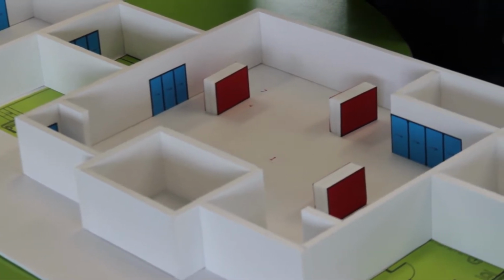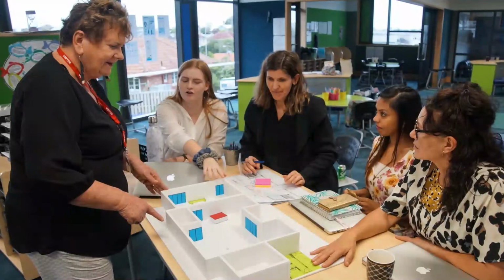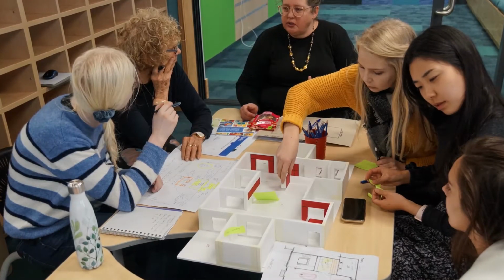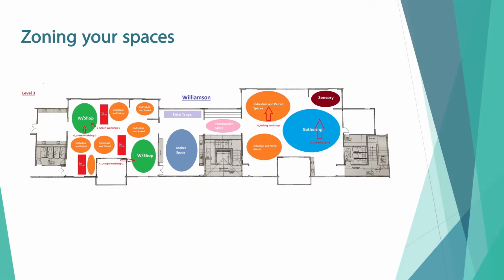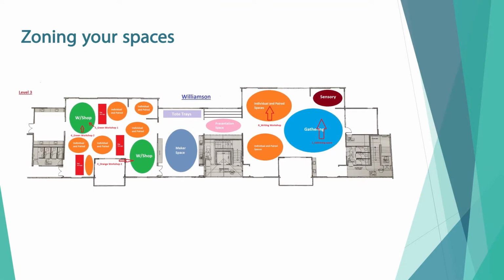These models helped the teachers to make sense of the space and to consider how to set up their whole learning hub across the floor to support the organisation and delivery of teaching and learning activities. Doug followed up the facilitated zoning workshops by working collaboratively with the teams of teachers to develop their zoning of